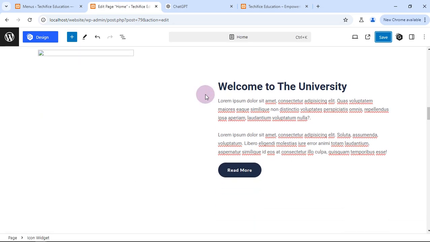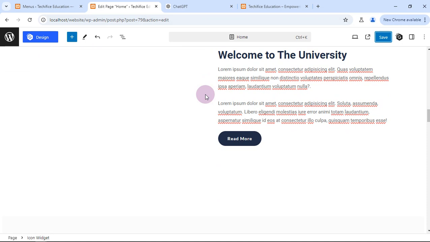So I'll pause this one here, and in the next part I'll continue with editing this page or our theme so that I can make something